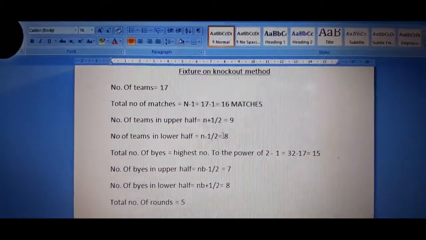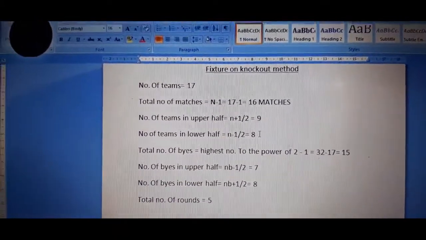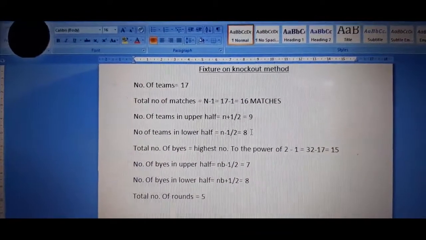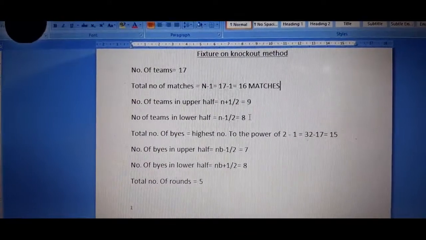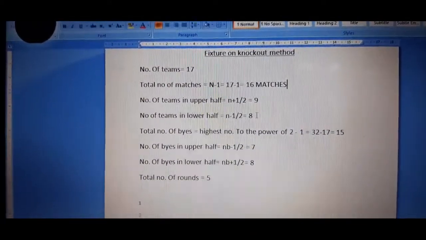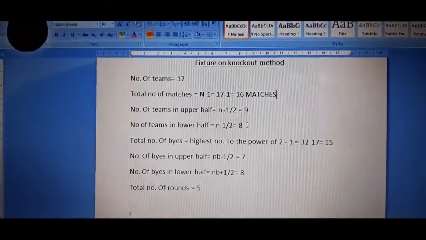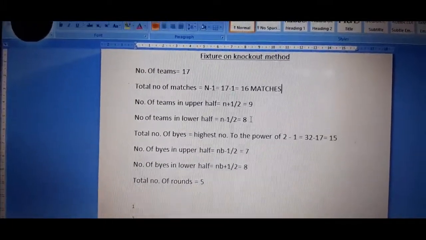I hope it's basic maths, so you are clear with that. No confusion over here. Students, if you have even a pinch of confusion, please let me know, because this is a very important topic. That is why again and again I am emphasizing the word important. You need to have this clear in your mind. Basic formulas are there, you just need to remember them.